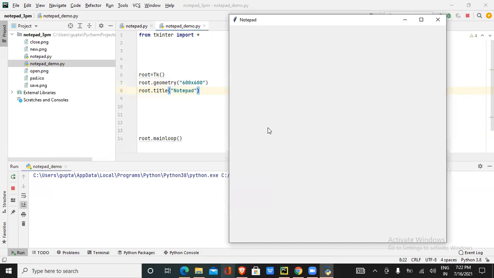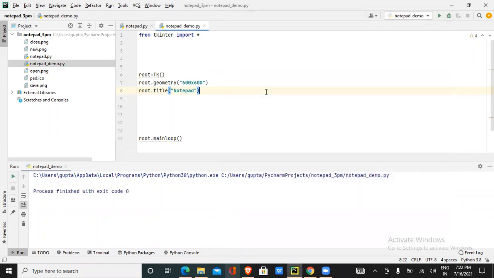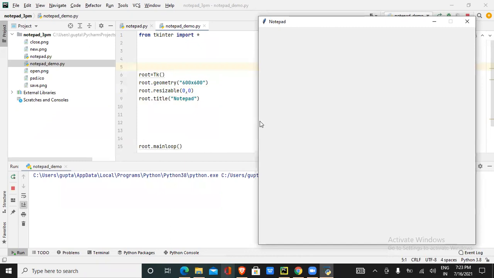So the width is 600 and the height is 600, but this is resizable. Depending on the requirement, you can resize it. But once I'm giving the width and height, it should be fixed. It should not be resizable. Currently you are able to resize, but now it should not be. So how can you make that change? We'll write here root dot resizable. You have an attribute root dot resizable. We'll write 0, 0. 0, 0 means don't resize the width and don't resize the height. They will be fixed now. See, you won't get any arrow mark to resize. The geometry is fixed because of the resizable attribute.